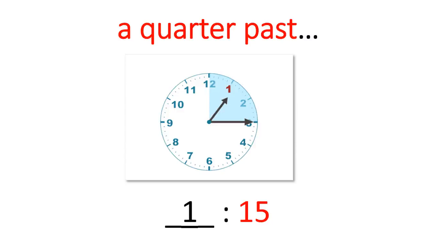Now we need to memorize this phrase, okay? A quarter past. If you can see the long arrow on the clock show at number 3, meaning this is a quarter. 15 is a quarter. When it's at the number 3, meaning it's 15. So 1:15 is a quarter past 1, not 1 a quarter past, okay? A quarter past 1. But what about this number?